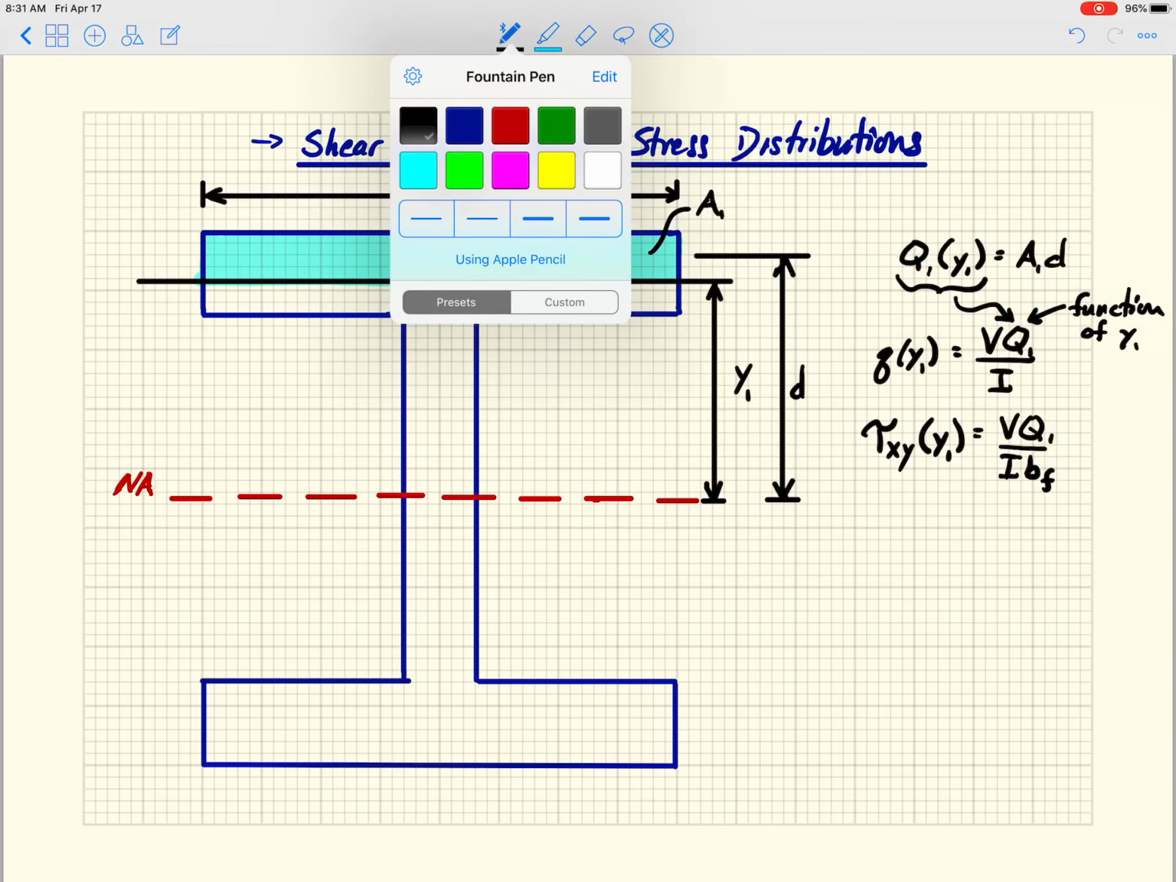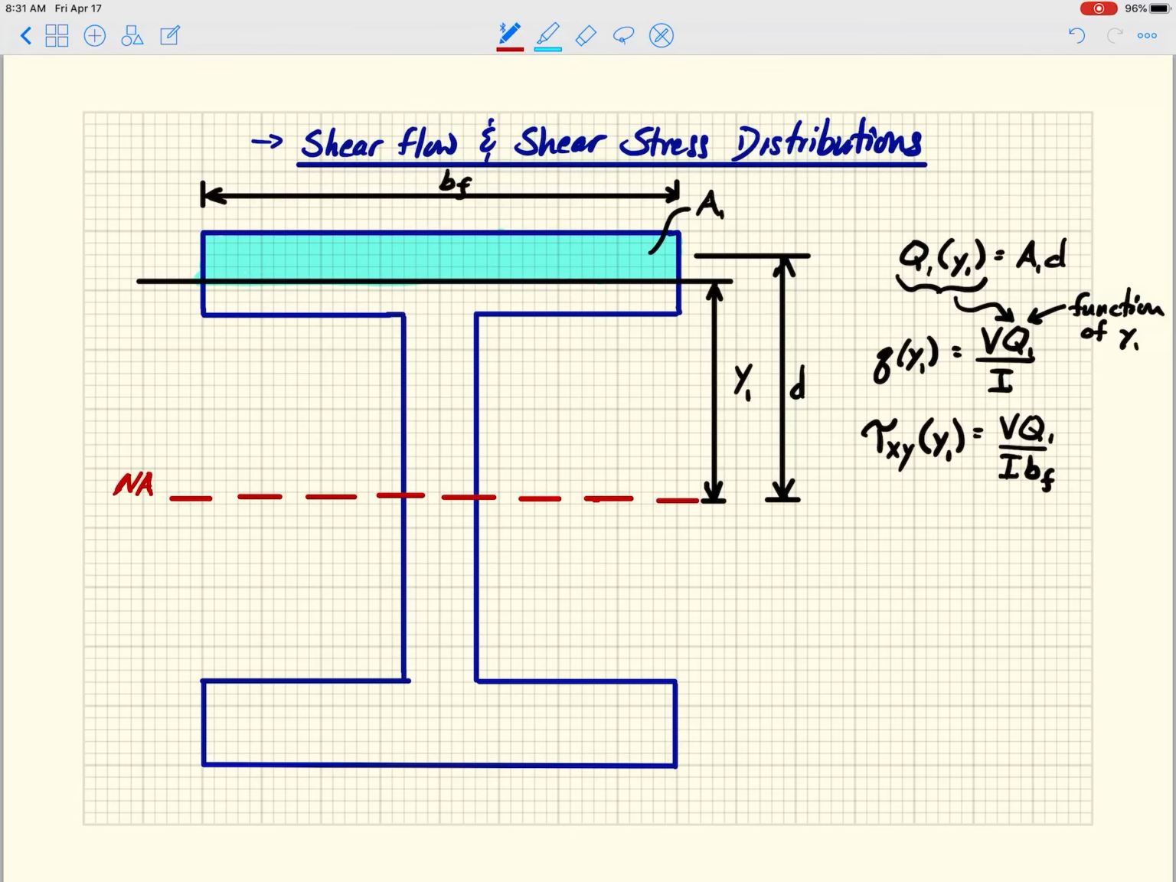So now let's take another cut, and I guess I'll do it in red. So now I'm going to take a cut here, right? So now my Y, I'll call it Y2, is within the web, okay? And then I'm going to hatch this. Hopefully this comes out okay. But it's this area here,